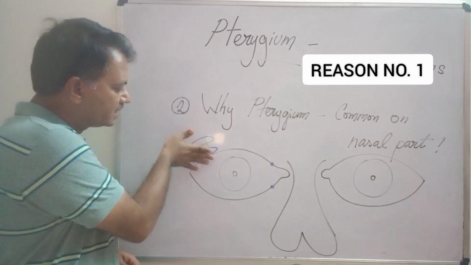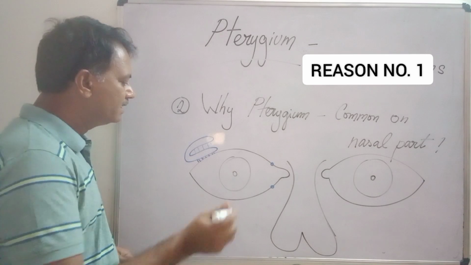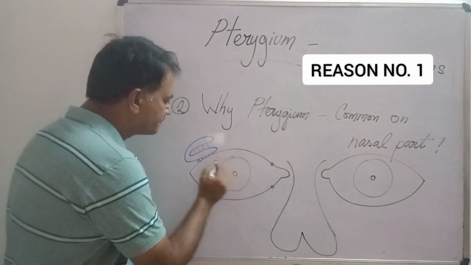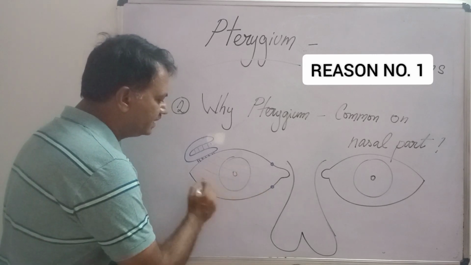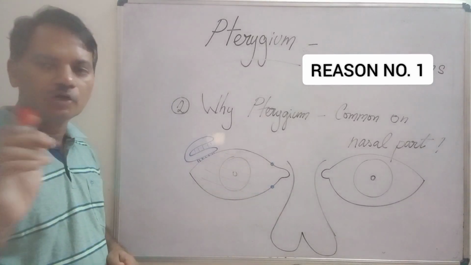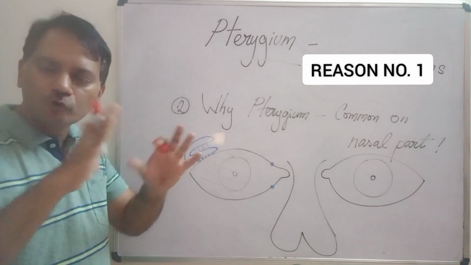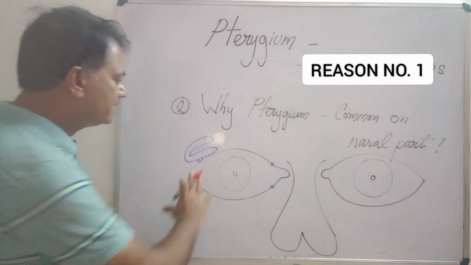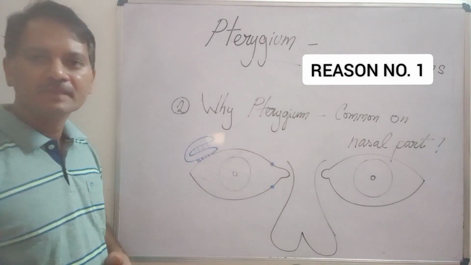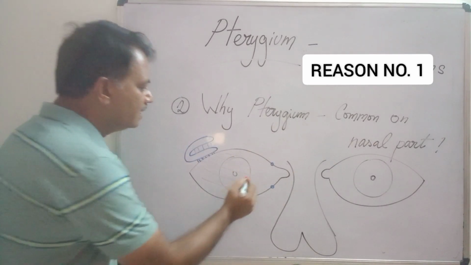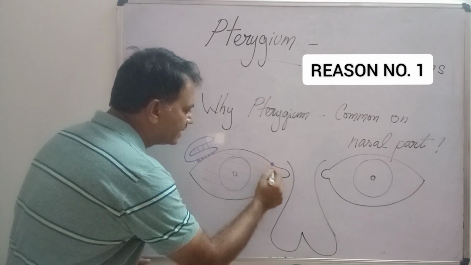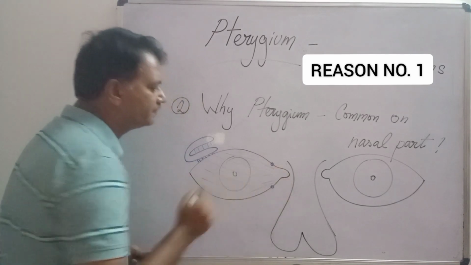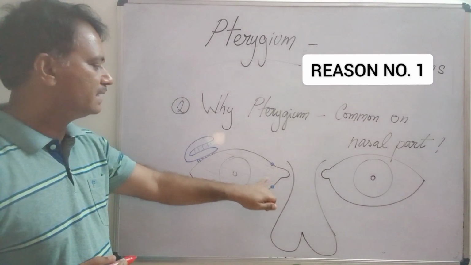So this tear fluid comes into the eye, and by the movements of the lid it is spread on the surface of the conjunctiva and cornea, and after lubricating the surface and washing away all the dust particles that are coming into the eye, the tear fluid reaches the medial part of the conjunctiva, that is the nasal portion of